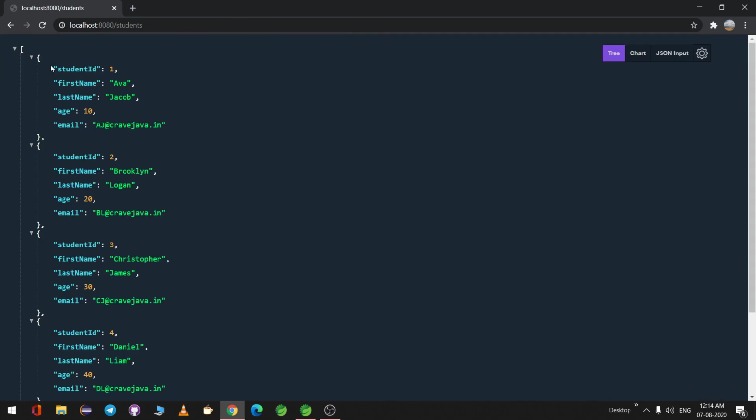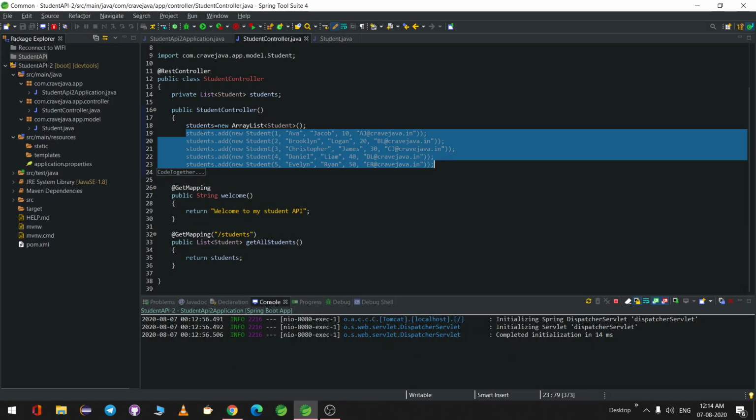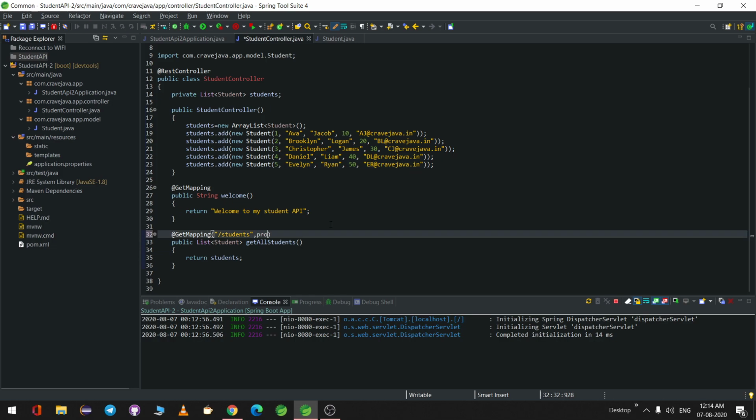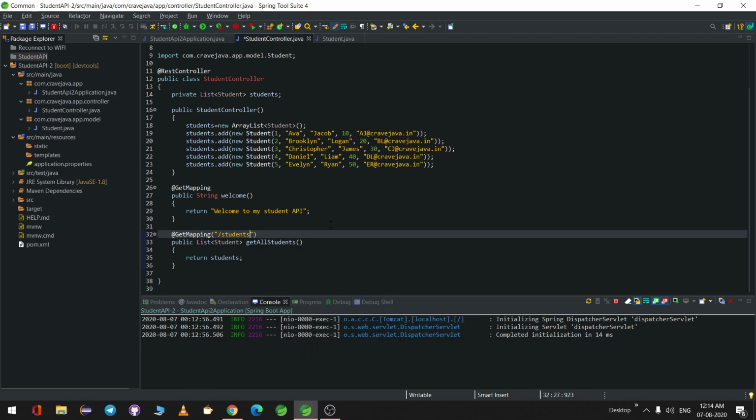As you can see, we have got a list in the JSON format. What if you want the same thing in XML format? Okay, let's go ahead and update this method to produce this. I'll just use @GetMapping with path equal to students, and I'll say produces is equal to